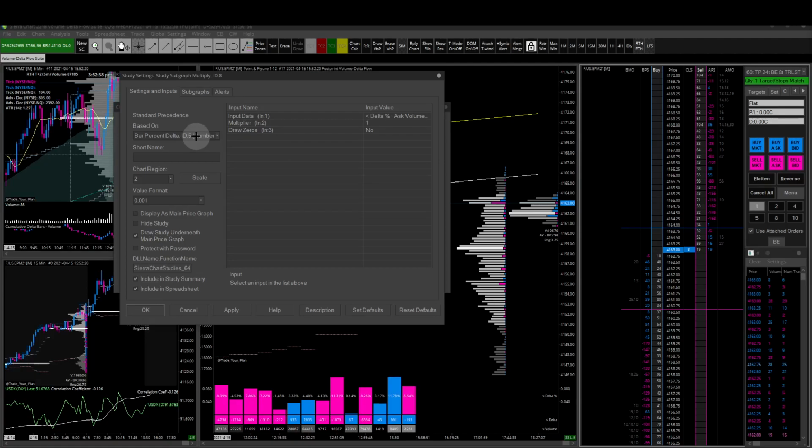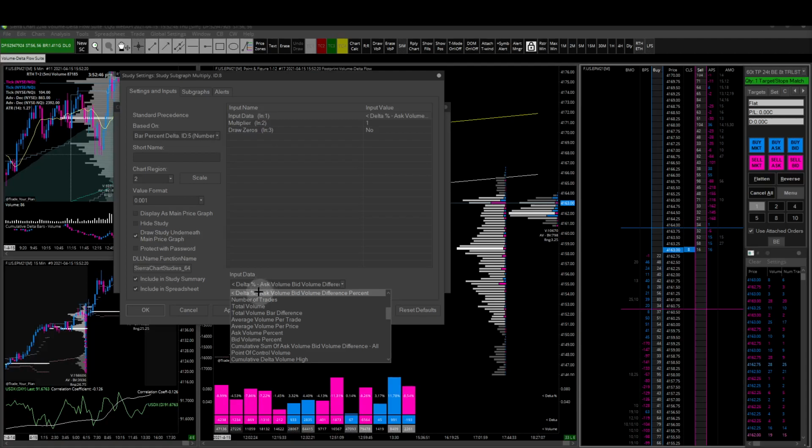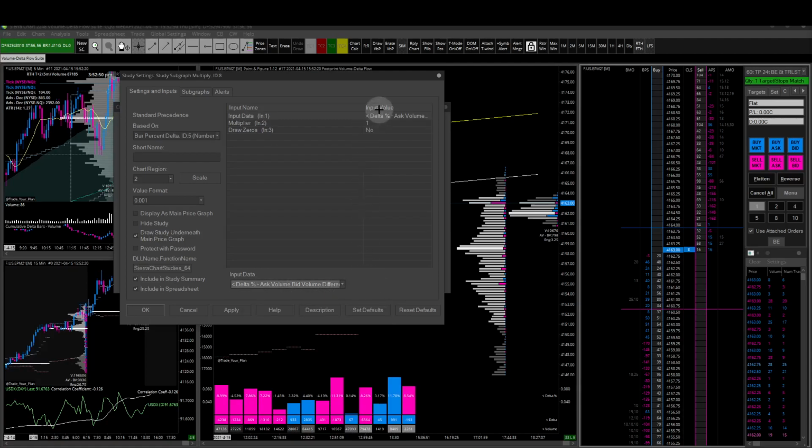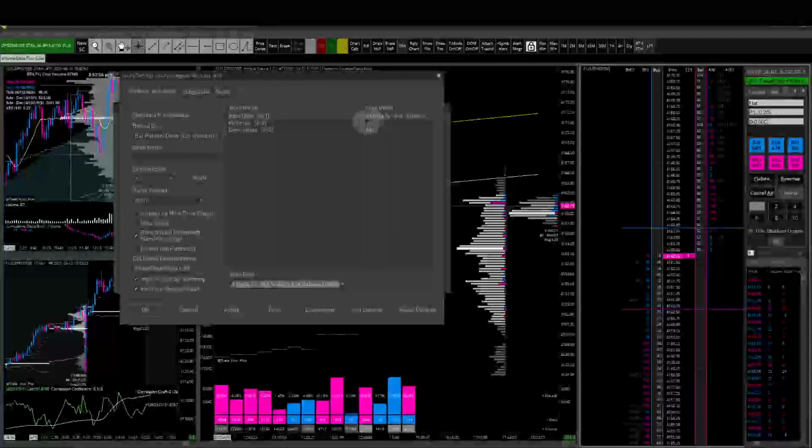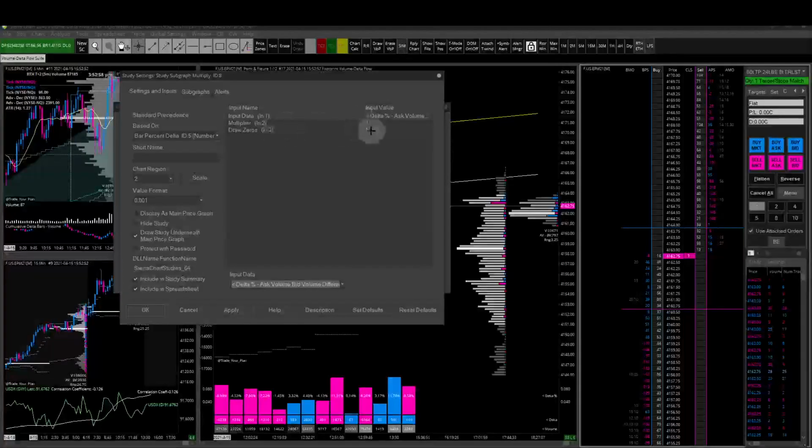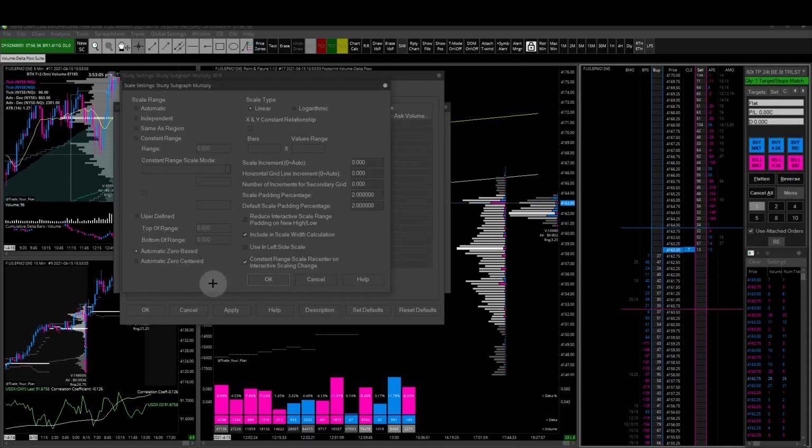So the number bar study that you have there, the input delta data is this one, ask volume, bid volume difference percent. Put the multiplier as 1, so it's not inverting anything. Okay, it's in chart region 2. Make sure the scale is